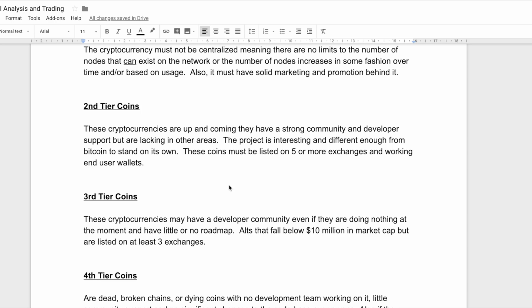But moving on to second tier coins. These cryptocurrencies are up and coming, and they have strong community and developer support, but are lacking in other areas. The project is interesting and different enough from Bitcoin to stand on its own. These coins must be listed on 5 or more exchanges and have working end user wallets. So, for example, if a wallet doesn't have Mac, Windows, and Ubuntu versions,